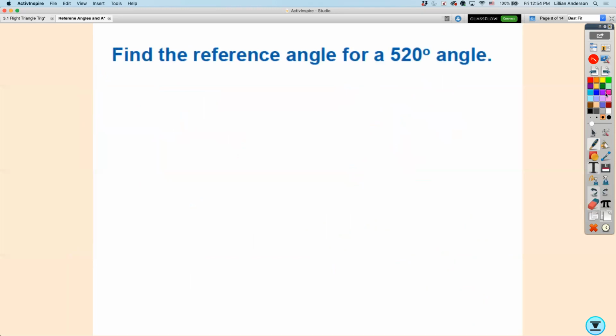One more, and then I'm going to have you try probably one on your own, because I think this is an easy concept, but I don't know. 520, it's really large. Is that in between 0 and 360? No. So I need to find the coterminal angle, so I'm going to need to subtract 360. What's 520 minus 360? Very good. 160, that's the coterminal angle